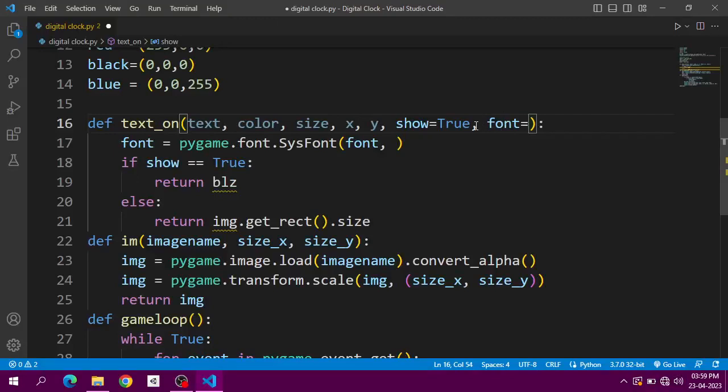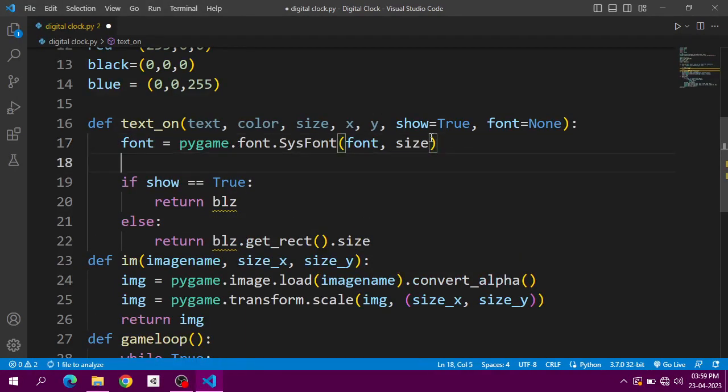Font equals, and I can give none here. So none stands for system default font. If I write none here, that means no particular special font is required, only a system font. I will turn it to BLZ, and then I can create font comma size, and then I will render this font to BLZ, which is an image. I can write font dot render, and I will write here now